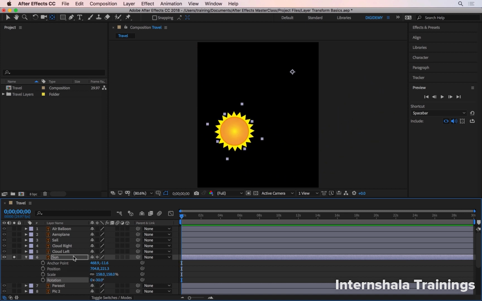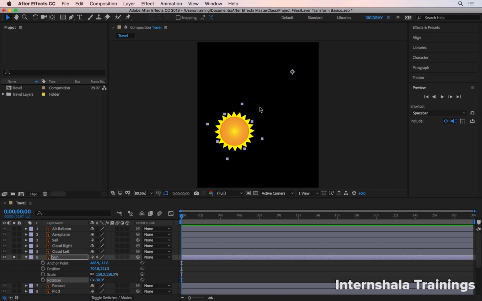There's a really handy way of working with these tools at the top. Let me show you how that works. Let's say for example I had the selection tool. Most of these tools are what are called spring-loaded tools. The reason why they're called spring-loaded is because let's say for example temporarily I want to switch to my anchor point tool